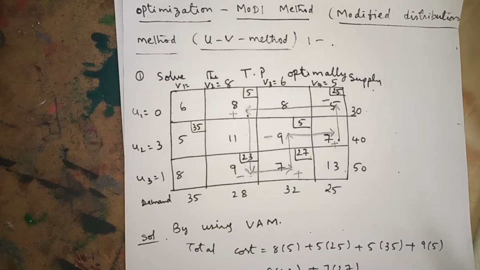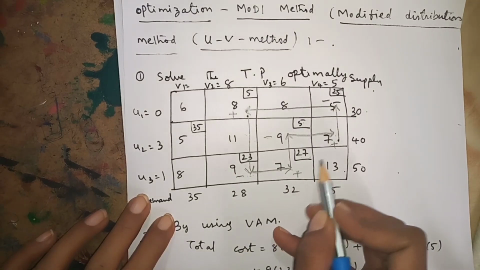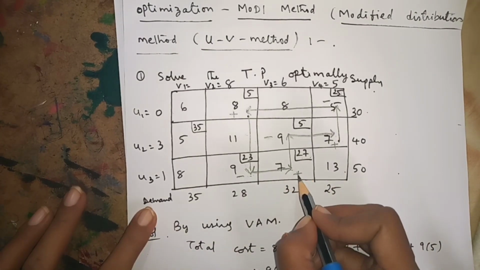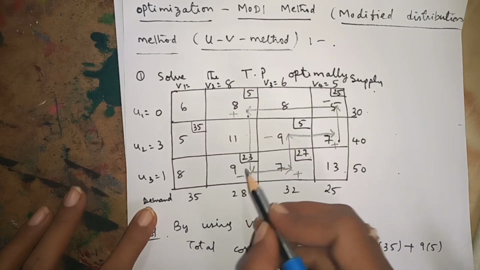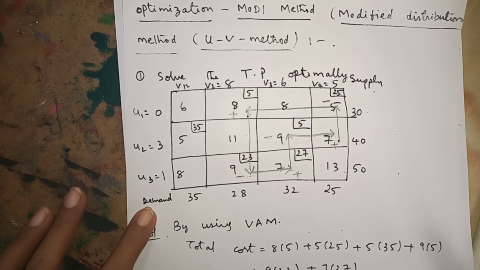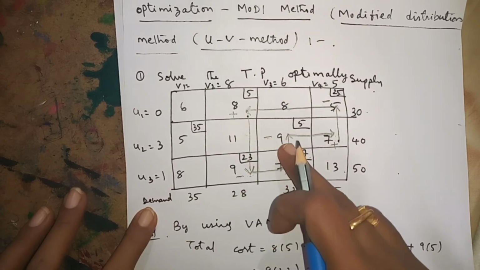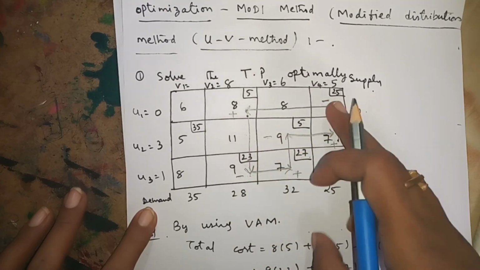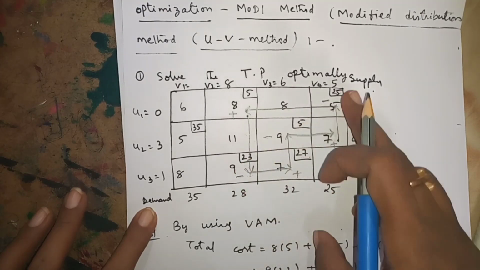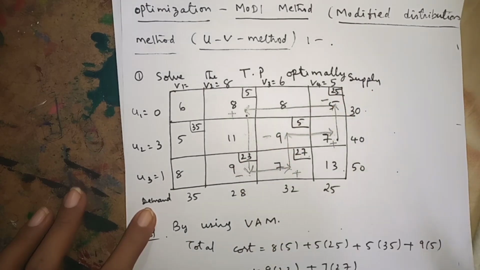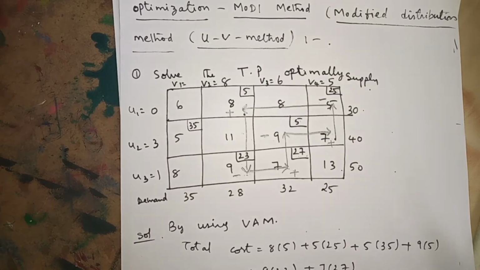Here in this closed loop, how many plus symbols are there? How many minus symbols are there? 1, 2, 3 plus symbols, 3 minus symbols. Now just observe the minus symbols. Three minus symbols are there. See the occupied values in these 3 minus symbols. Here 23, here 5, here 25. Occupied values are 23, 5 and 25. Out of these 3 occupied values, which one is the minimum? Minimum is 5. That means we are transferring